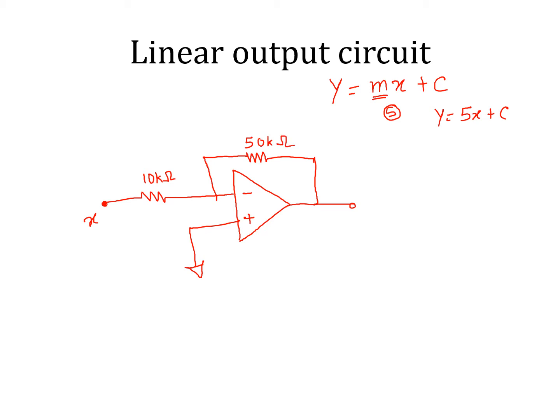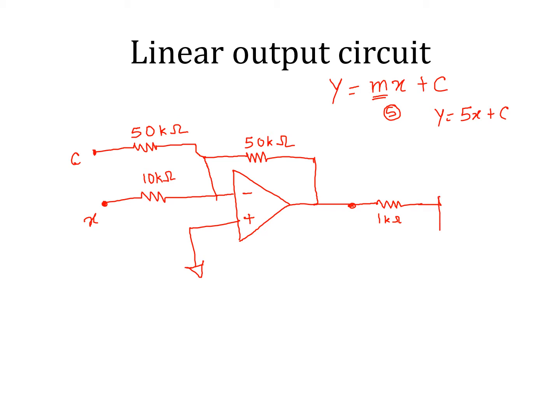Similarly, we will use another branch for the signal C, and in this case the value of this resistance should be the same as we have the value of RF, that is 50 kilo ohm. So here we got the negative of 5x plus C. So to again invert this signal, I'll convert one more resistance of 1 kilo ohm,